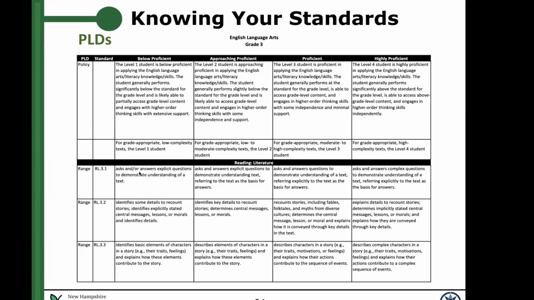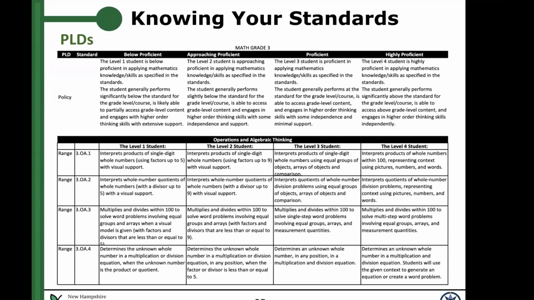And this tells me what a student is doing that is below proficient, approaching proficiency, proficient, or highly proficient. Looking at this and matching it up with your standards is going to have you really look at what I need students doing to be proficient in this particular standard. So we're looking for proficient or highly proficient skills, so you're going to be looking in this area. This is a really great way to look at your English language arts standards.